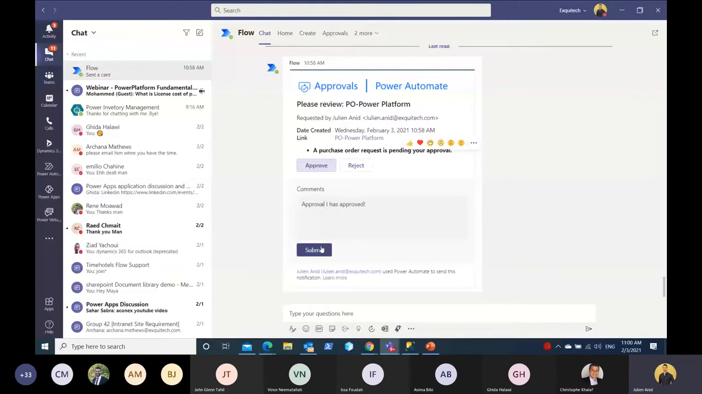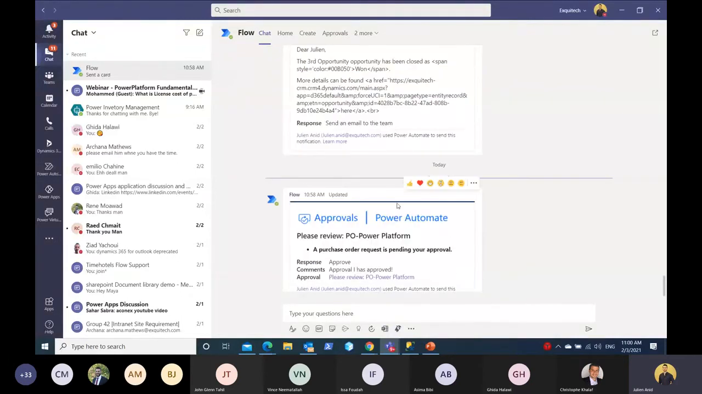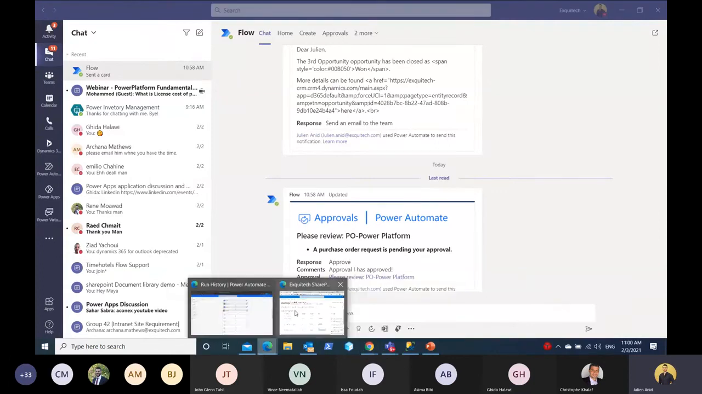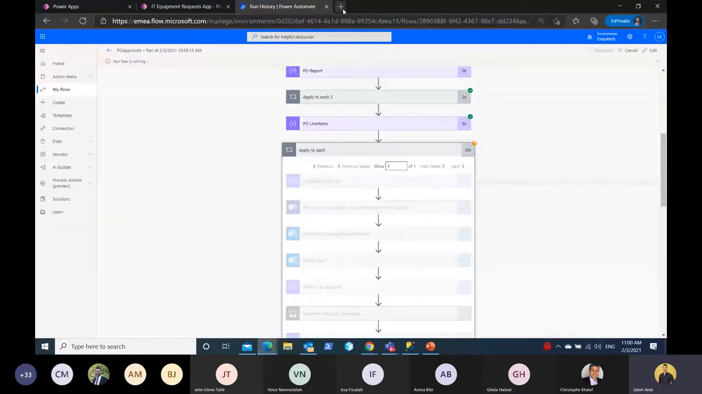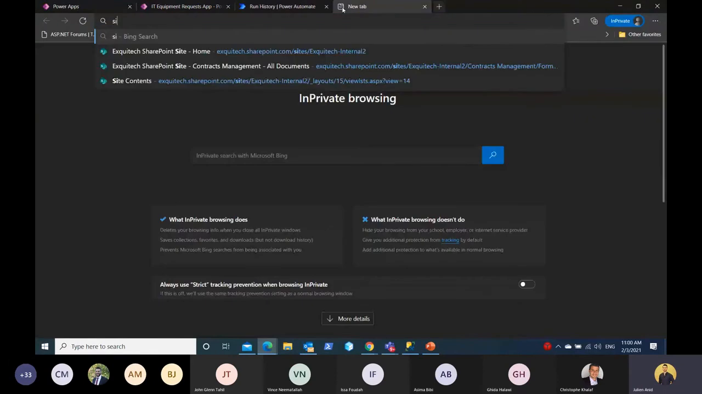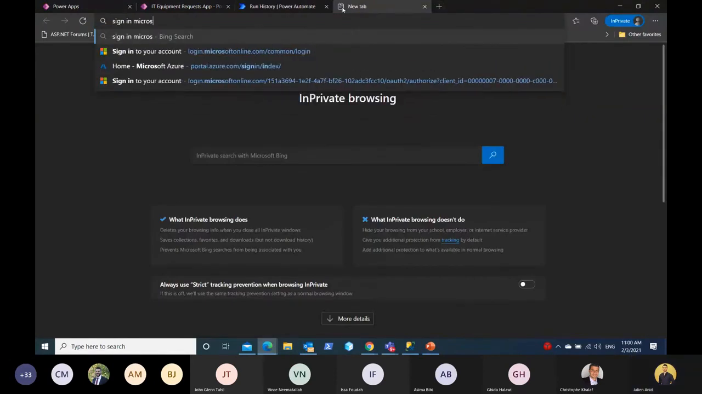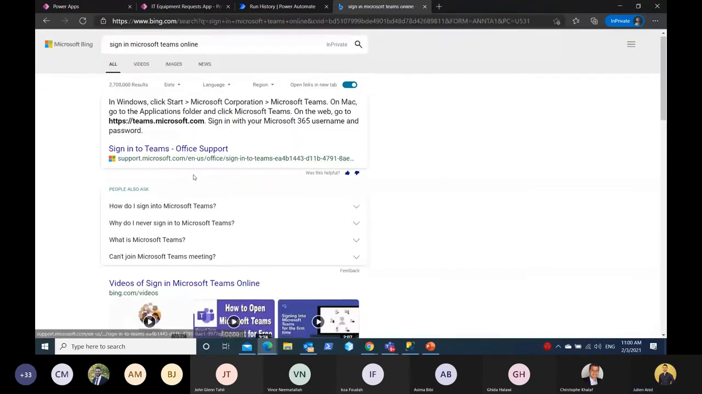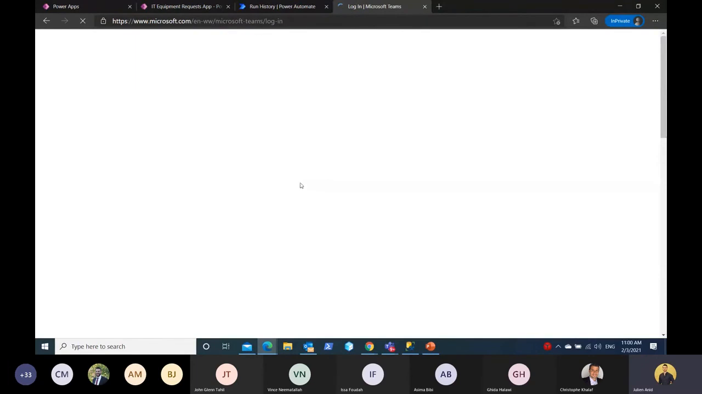The next step is that it will be escalated to a different user to also take his approval decisions within Microsoft Teams. So I will go back to the users here. I will sign in on Microsoft Teams on the web browser. So I will log in. So now I will take my approval from Teams